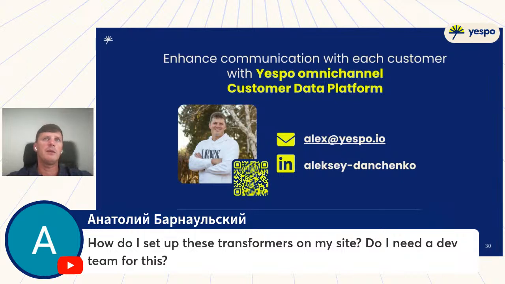You need to implement the tracking script. You need to implement some minor changes on your website. So all the customer data would definitely go to Yespo in a proper format. Usually it takes about 16 hours of development. And it's not like any data science or engineers. You just need a traditional front-end developer that will help you to implement the script properly, and that's it. After that, we will implement it for emails, for pop-ups, and for website layout easily.